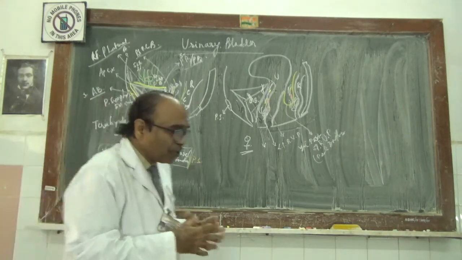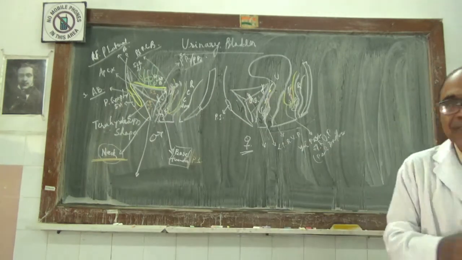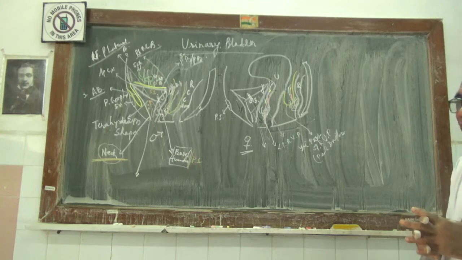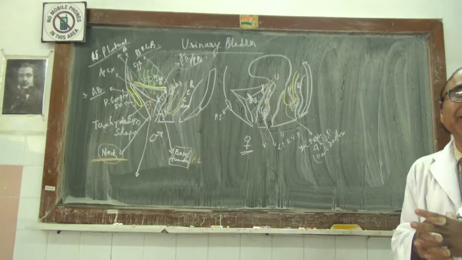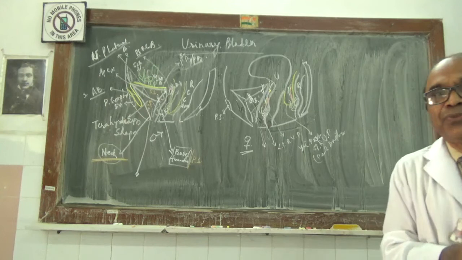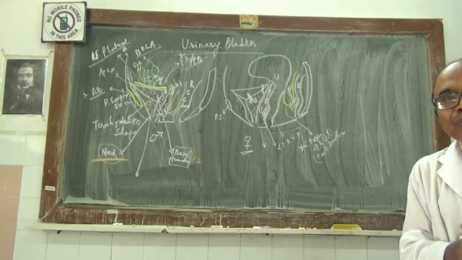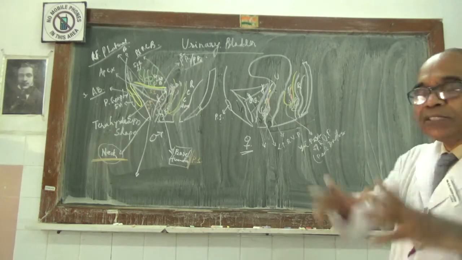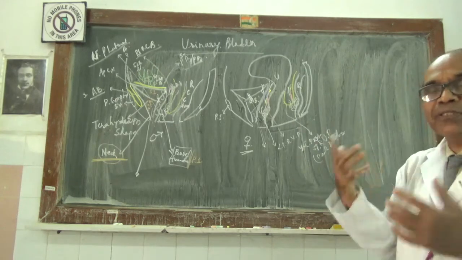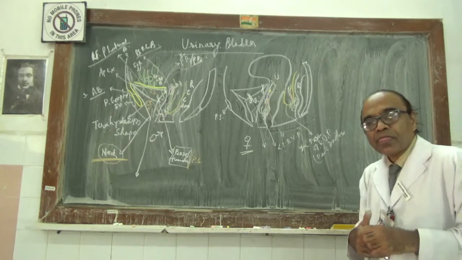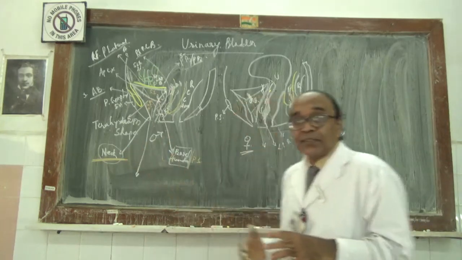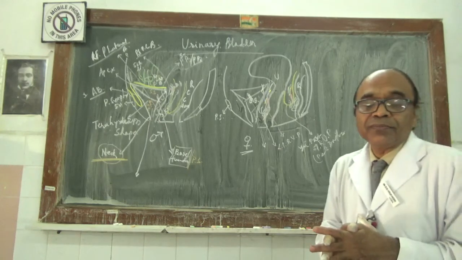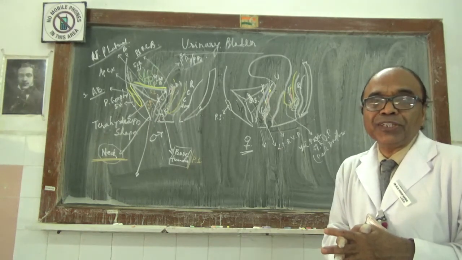The neck of the urinary bladder is the narrow part of the bladder, which is tetrahedron in shape when it is empty, when no urine is stored. But when it is filled, it is balloon shaped, and it is abdominopelvic. Now this neck is the narrowest part, and it opens into the urogenital region of the perineum.